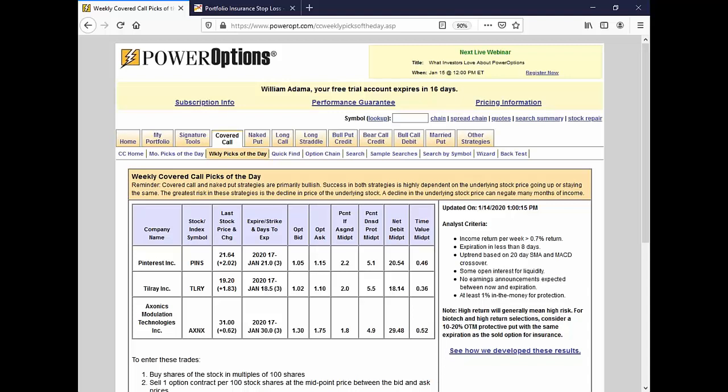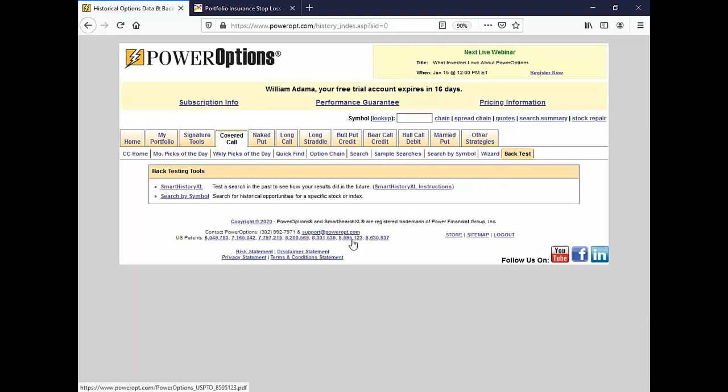But another fun thing that we have here that's available, might not be available at your broker, probably isn't, and even on the trial, you have quick access to it. So now that I've saved my search, I want to check something. Let's go to the back test. And I'm going to go to Smart History,